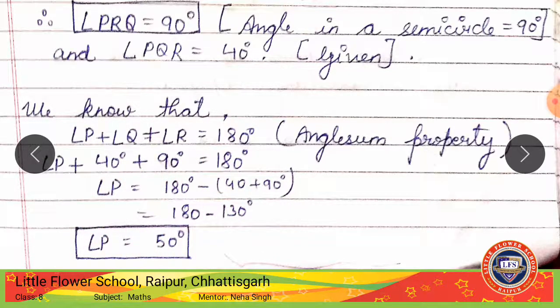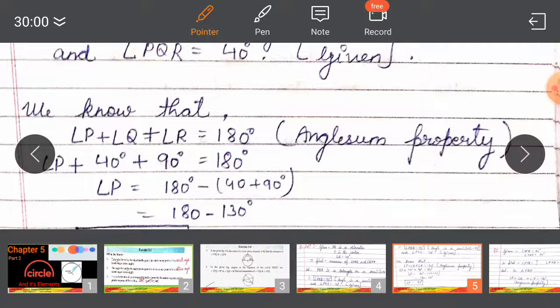So like this we are going to solve the first question. Follow the steps properly, because in geometry you need to mention the points, you need to mention all the given things, you need to draw the diagrams clearly, and also you need to mention which property you are using, or why the angle is 90 degree, because we know that angle in a semicircle is 90 degree. From where does this point come? So you mention that this was given. Like this, step by step you are going to solve in geometry.